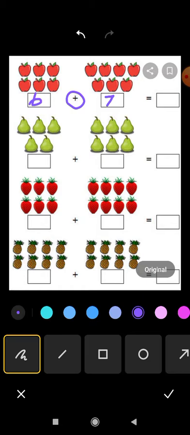So plus means we are going to combine together. Okay, yes. So we are going to add those two groups of objects now. Totally we are going to count: 1, 2, 3, 4, 5, 6. Then after 6: 7, 8, 9, 10, 11, 12, 13. So how many apples in total do we have now? 13. So on the right side, we write the number, the answer 13. Good. So shall we move to the next one?